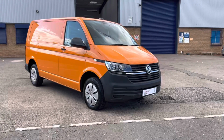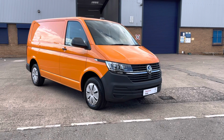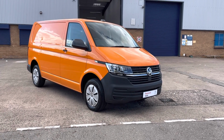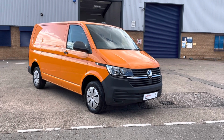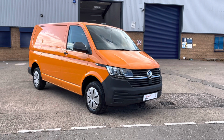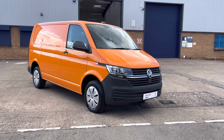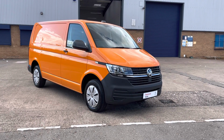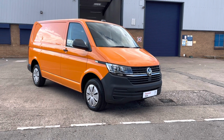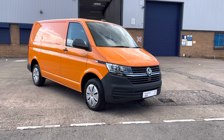And now for a quick recap over the video. Here we have a Volkswagen Transporter panel van. It's a Startline model. It's fitted with a 110 PS 2 litre turbo diesel engine, and it also has a 5-speed manual gearbox. If you would like any more information on this used 71 plate van, please call 0121 514 0632